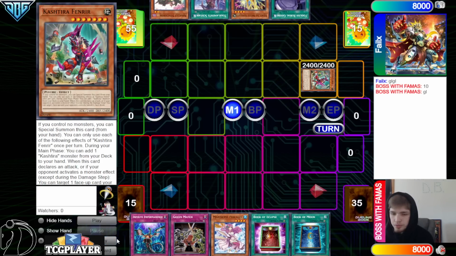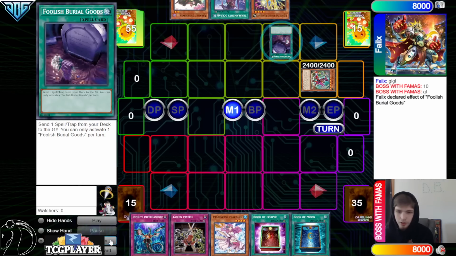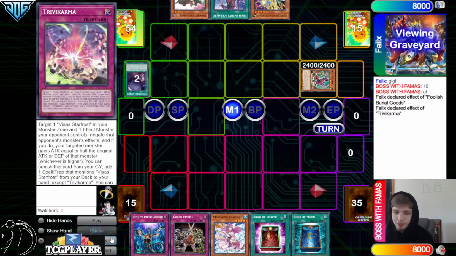But they're going to start with Special Summon Fenrir, and then I noticed right away that they're playing 60. Once they Special Summon Fenrir, I'm like, okay, and then I see Foolish Burial Goods, it's like, alright, it's just a 60 card Tearlament deck, which I'm actually less scared of than a Tearlament deck that would be closer to 45, 40, just because I know their mills aren't going to be as